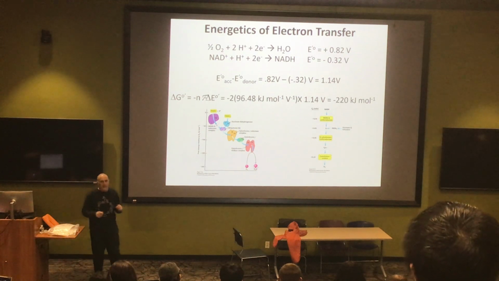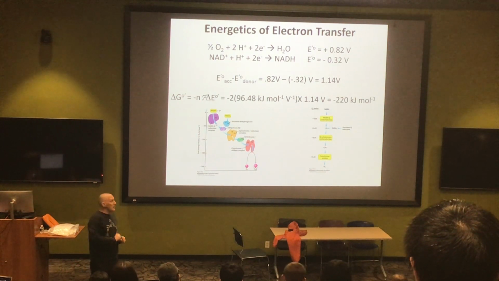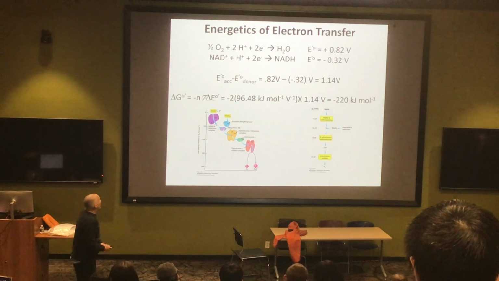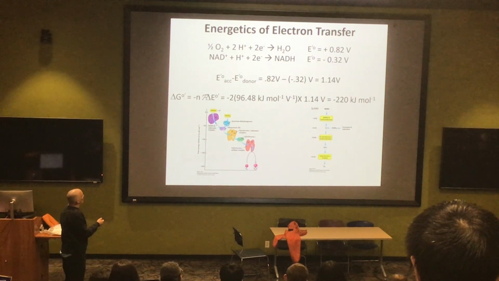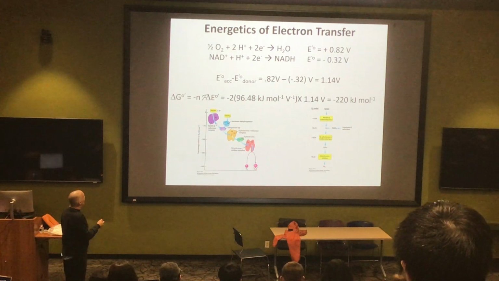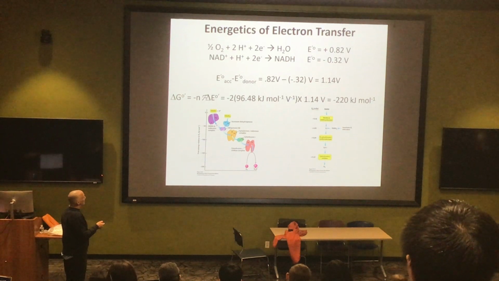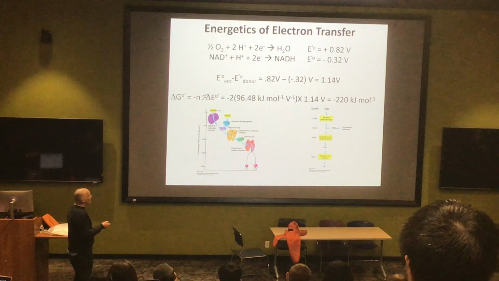Anyway, all of this is taking place in the mitochondria. That's where we've been for a while. Mostly soluble proteins, excluding that succinate dehydrogenase. Let's return here to the chemistry. So this was the calculation we did before. Most of our electrons are in the form of NADH. This is a pretty good calculation to do. You can see that there's a pretty steep potential there. You can get quite a lot of energy out of that.